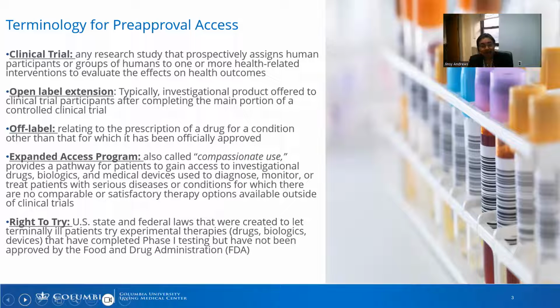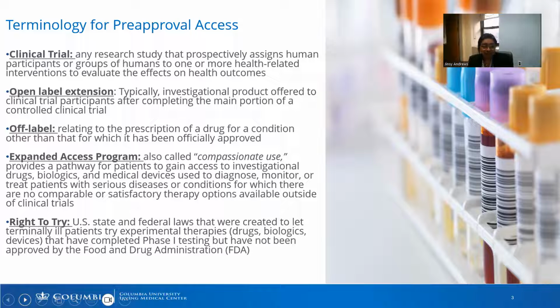ALS is a diagnosis that fits the eligibility criteria, and if you're not getting it through a clinical trial or open label extension, and if the company or the manufacturer is able to provide it to you, then that provides a pathway towards expanded access. Now, there are a couple of things that are required. The company has to be able to provide the drug. FDA approval is required, and you have to sign an informed consent.